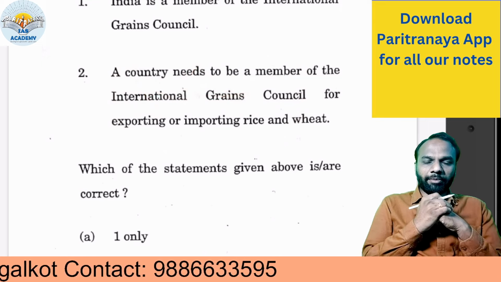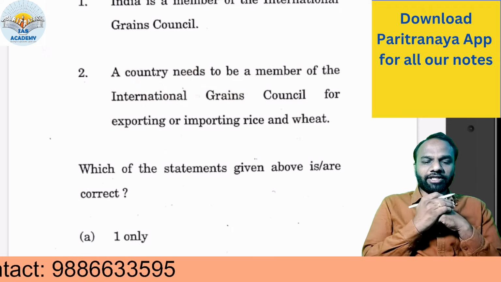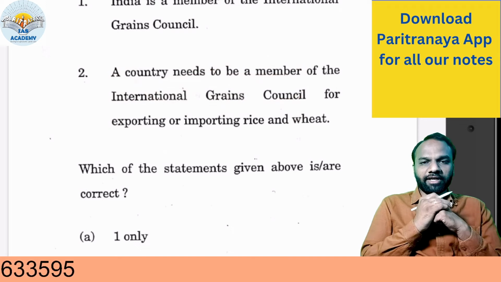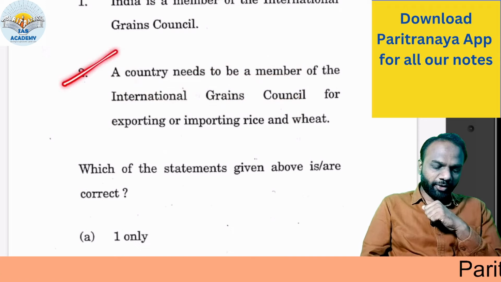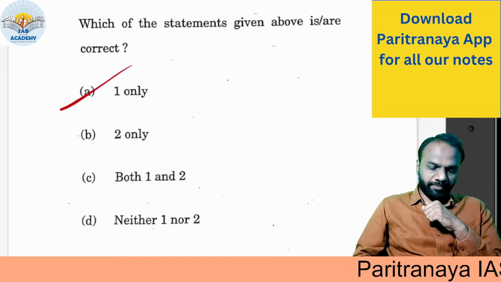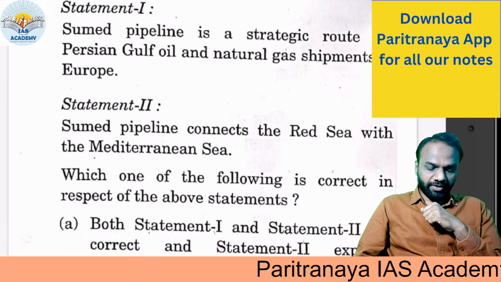If at all permission is required or rules have to be followed, it will be the rules of the World Trade Organization and not of the International Grains Council as far as export and import is concerned. So based on such rational thinking, we can eliminate 2. So the correct answer is 1 only. Next,